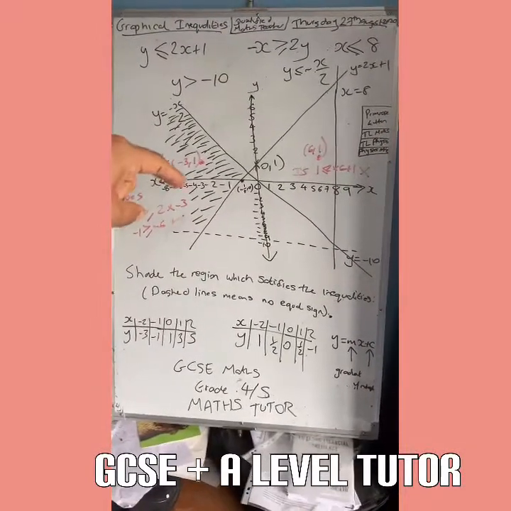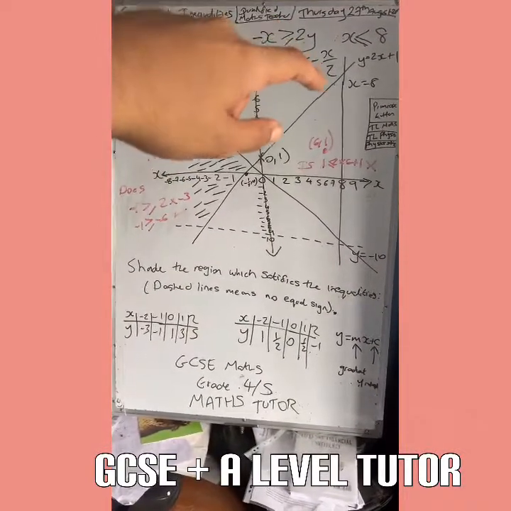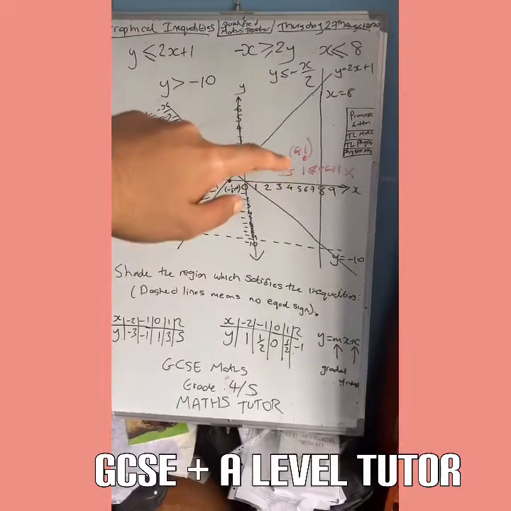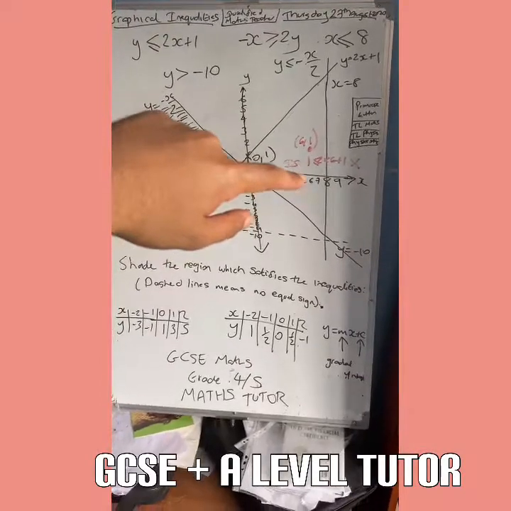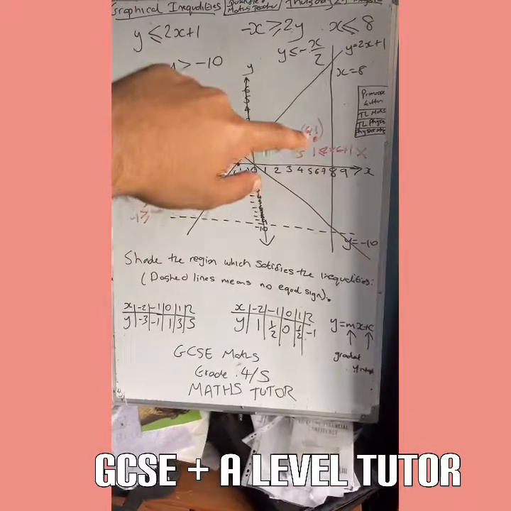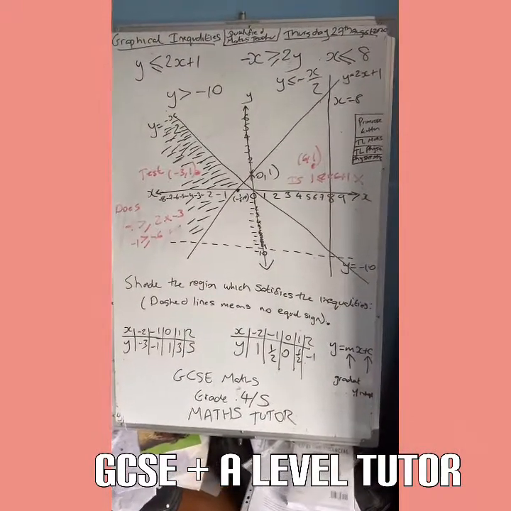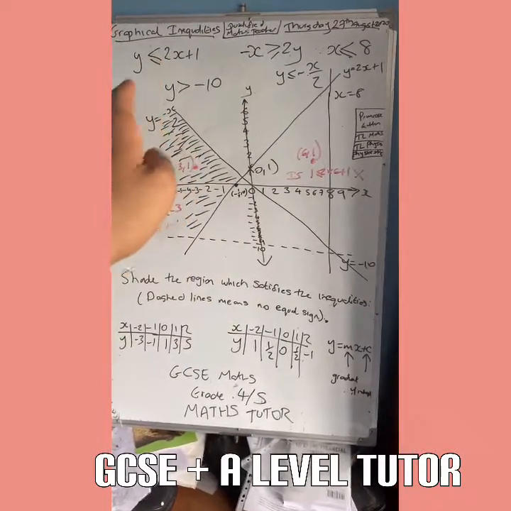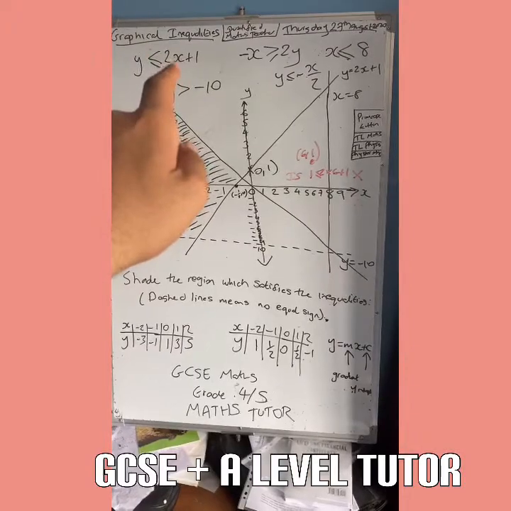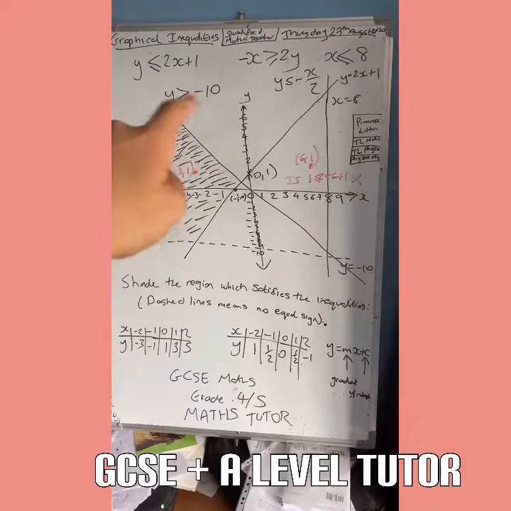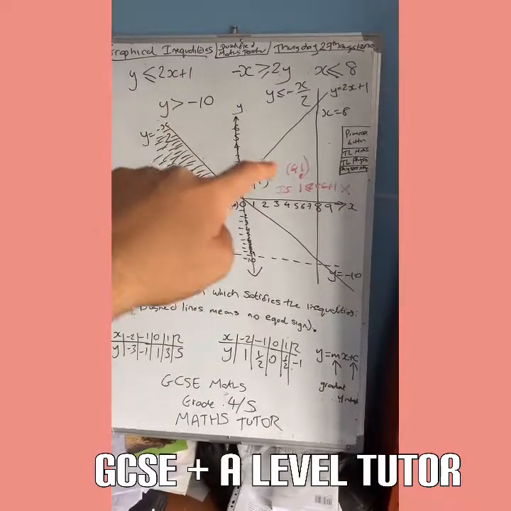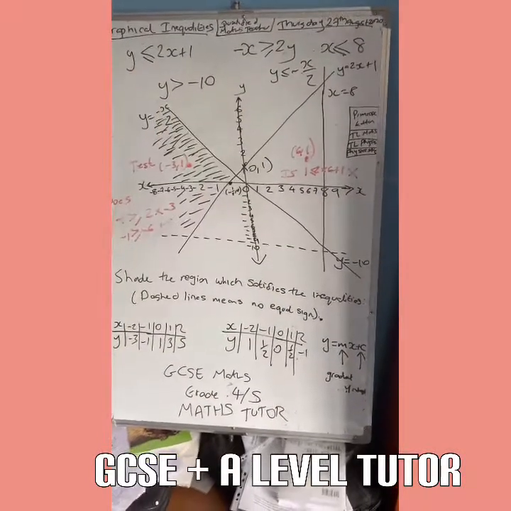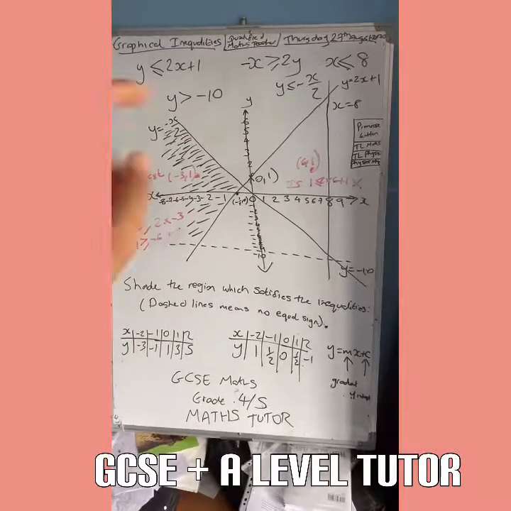And then I looked at y is equal to 2x plus 1. I picked a coordinate, this one, so I picked (6, 1). Okay, and then I said, does 1, so is 1 smaller than or equal to 2 times 6 plus 1? Because I'm subbing in x for 6 and y is 1. The answer is no, because 2 times 6 is 12 plus 1 is 13. So 1 isn't,